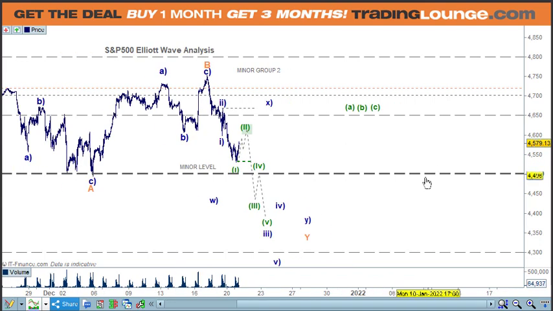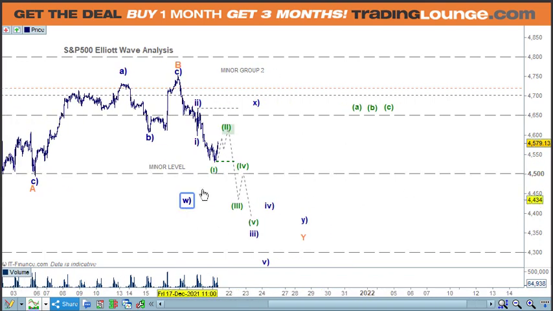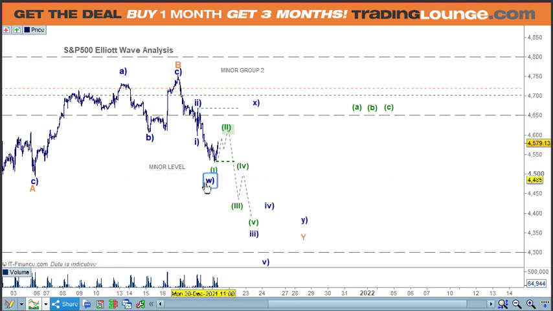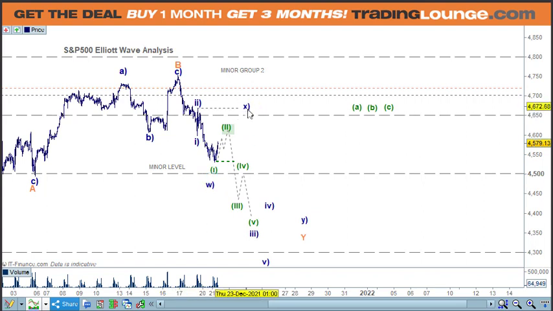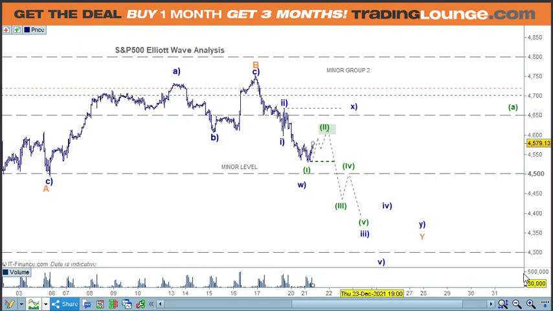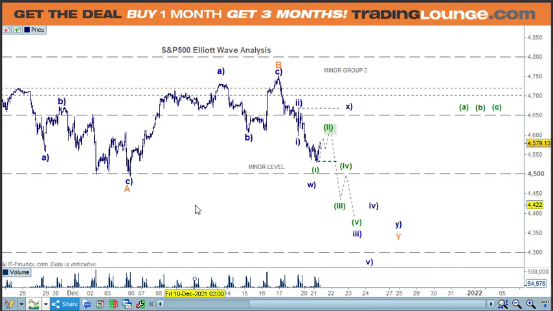Based on that, I've got this here, because if that ends in 3 waves here, let's say, because of that spike up here, then we could use that as a W here, and then the X wave up here, and then the Y down here for a larger Y at that point. So if you don't see failure at this point in the box here, and we do move up to here, then that's what we need to look at. And it means that basically I've ignored the JP spike